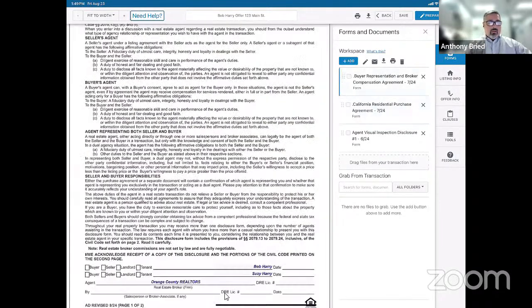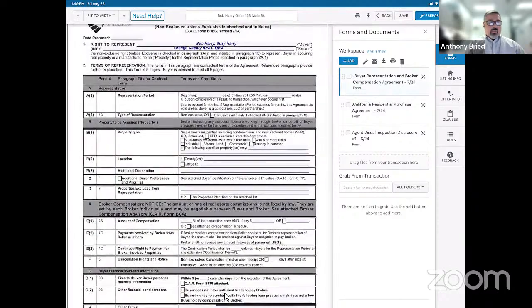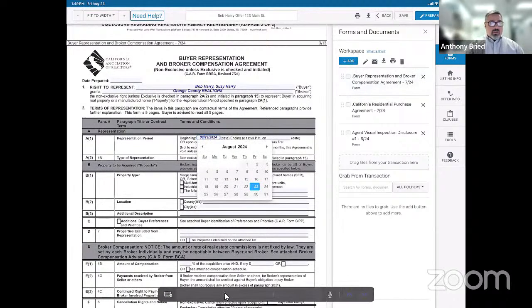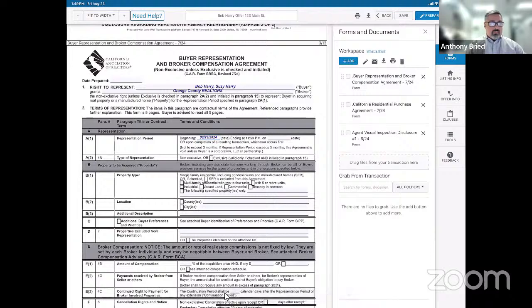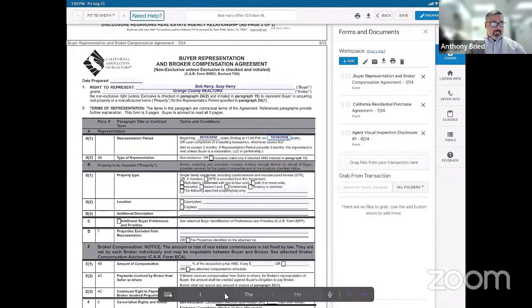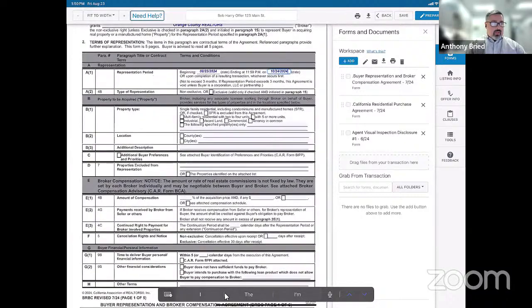Okay. So here we got our buyer broker agreement. We're doing this for Bob and Susie, Harry. Maybe I'm meeting them at the coffee shop before I access the property. So we write in our terms. And I'll just write in some terms here real quick, right? Maybe the cities that they're looking for. And again,